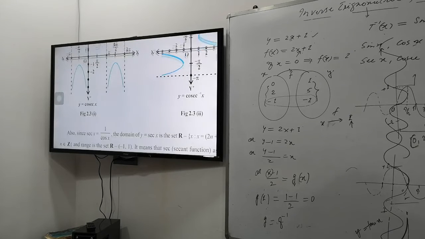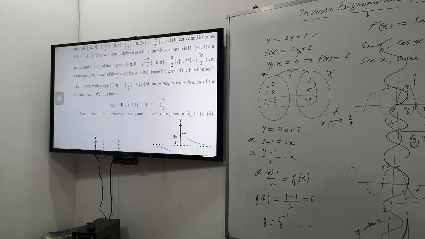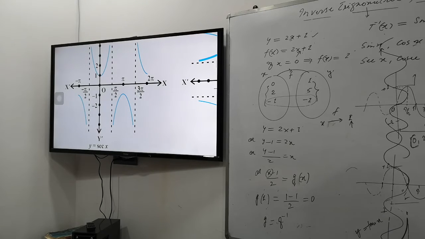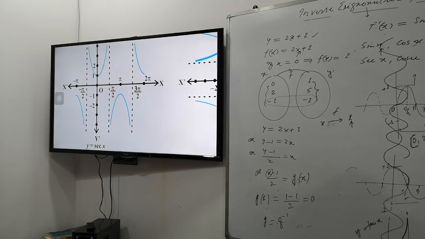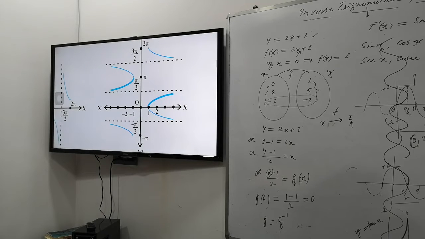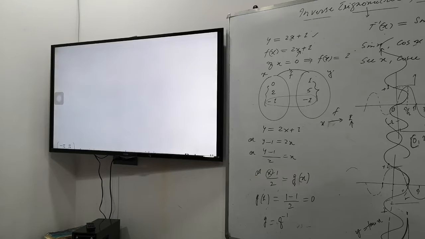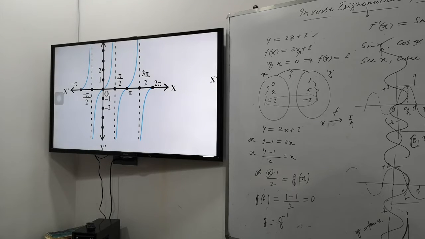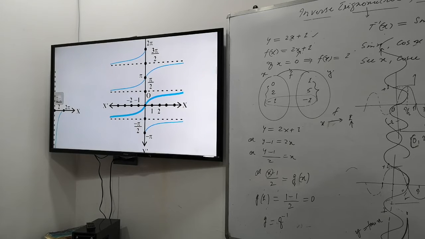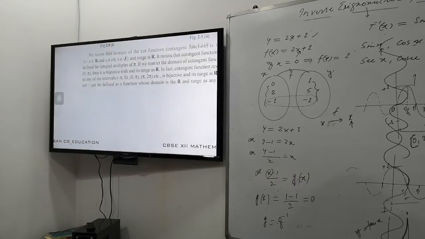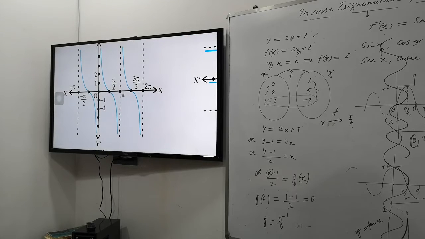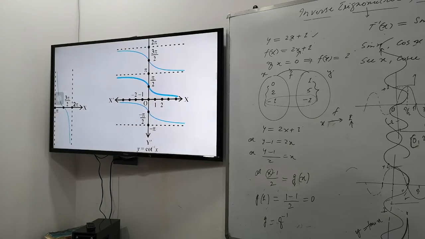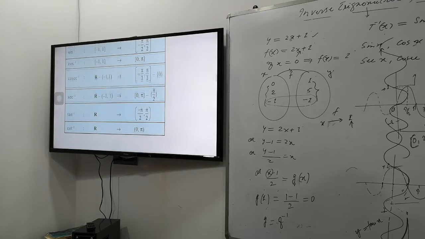Clear now? Now the graphical representation for sec. You may see this is sec, and the graphical representation for this is sec inverse. The graphical representation for this is tan, and this is the graphical representation for tan inverse. Clear or not? Graphical representation for cot, and for cot inverse. Well understood? So what is the important thing that you have to remember?